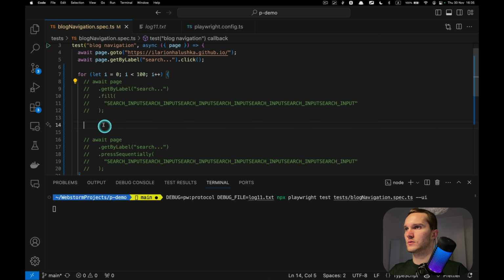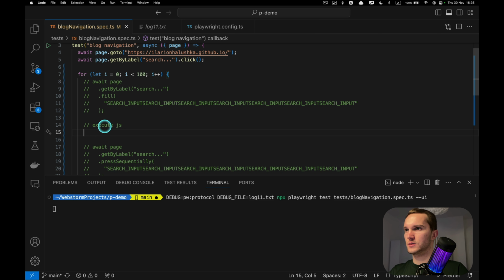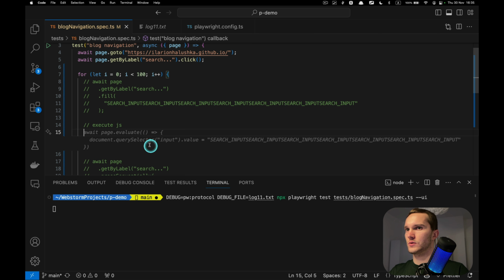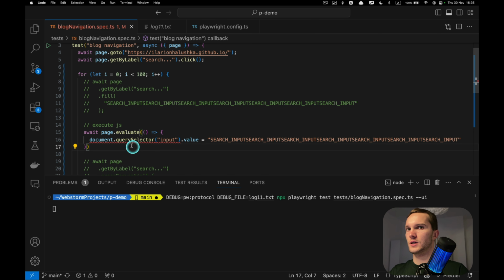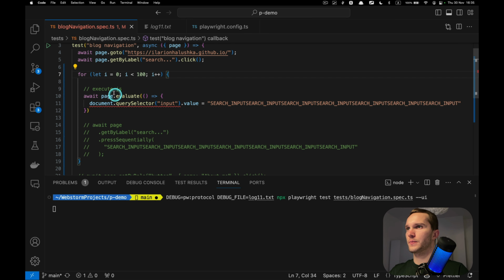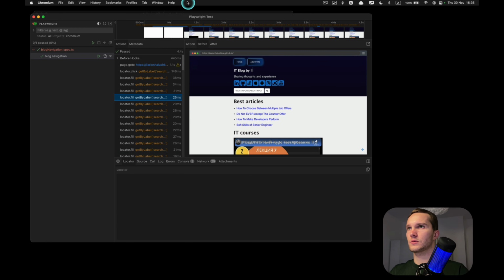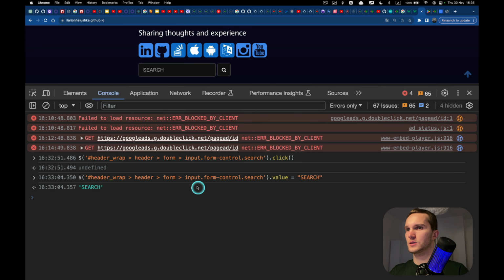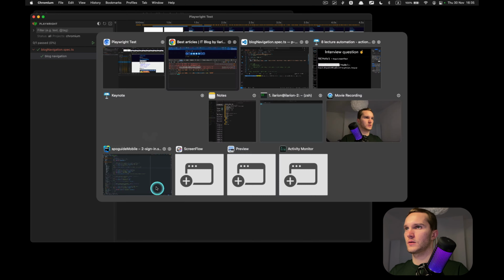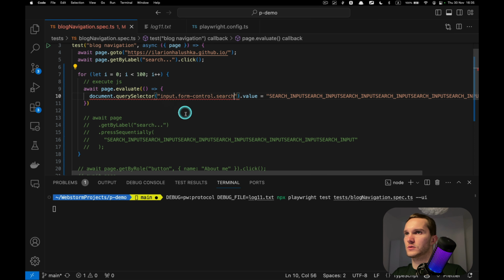Let's do the following. Await execute JS. Playwright evaluate. Nice. Now I want to get my input. What's my input? Selector, form control search. I'll just use this CSS, form control search.